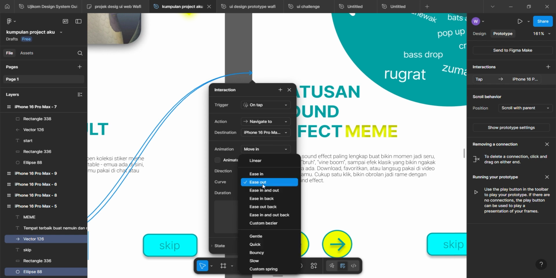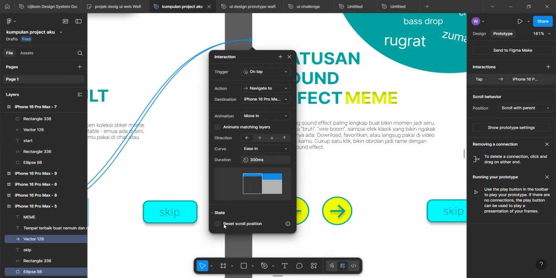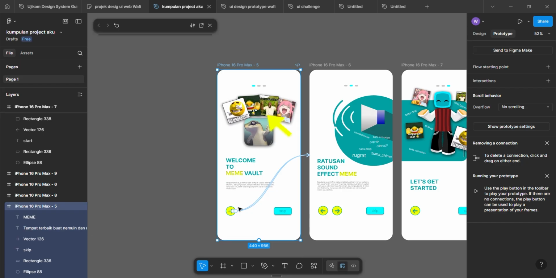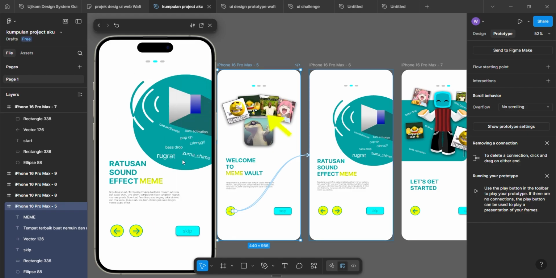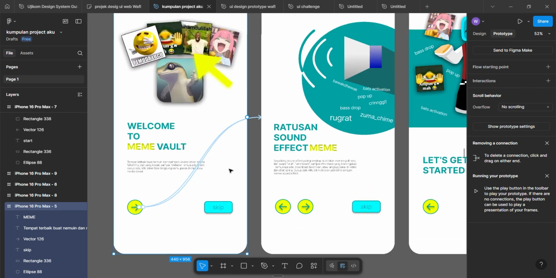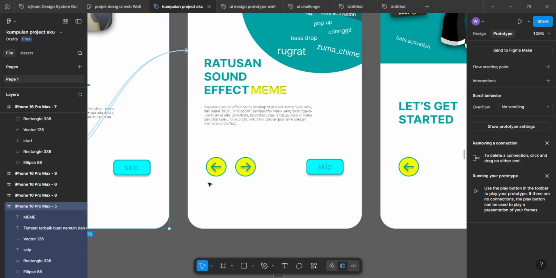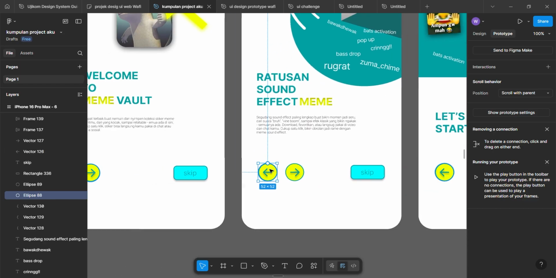You can easily duplicate frames in Figma by selecting your design, pressing Ctrl plus D or CMD plus D, and then making small adjustments on each page. This way, all your pages stay consistent in layout and style. Before we move on, I recommend naming each frame properly, something like page 1, home, page 2, profile, and so on. It's a small thing, but it helps a lot when you start linking them in prototype mode later.